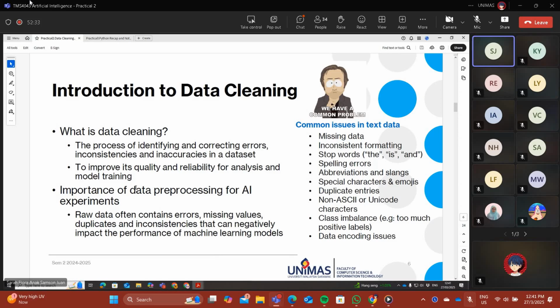So why do we want to do data cleaning? What is data cleaning? This is the process of identifying and correcting errors, inconsistencies, and inaccuracies in the data set. There are a lot of HTML tags, there are a lot of emojis which you do not know how to interpret in your model. So you need to improve the quality and also the reliability of the data for model training and also maybe